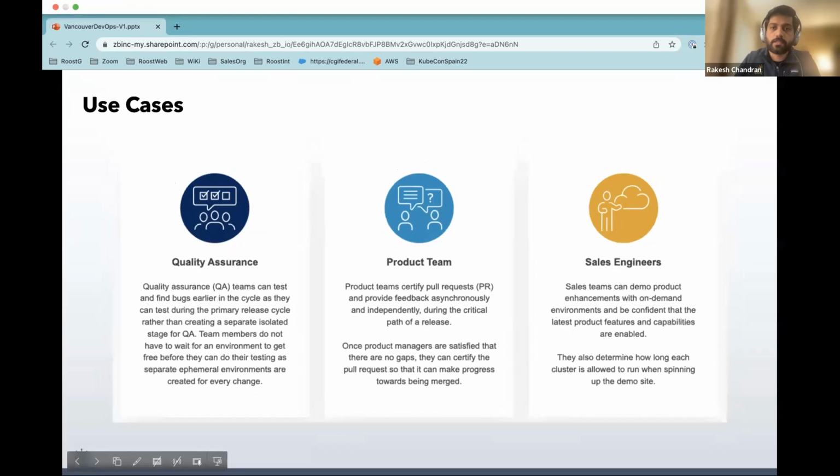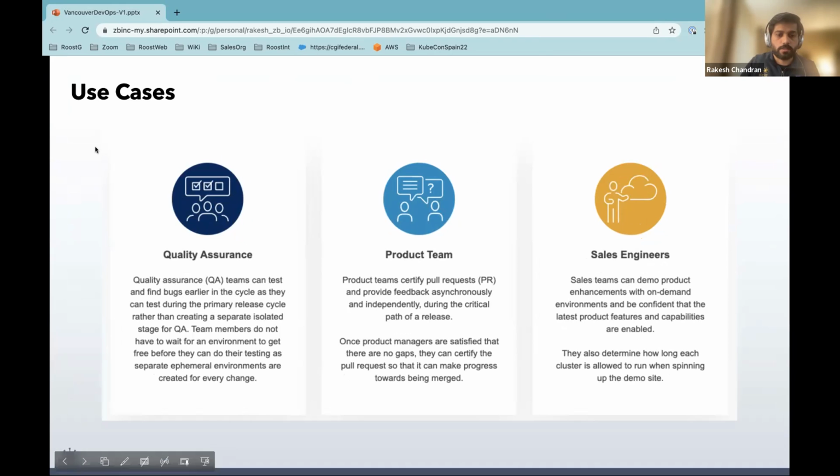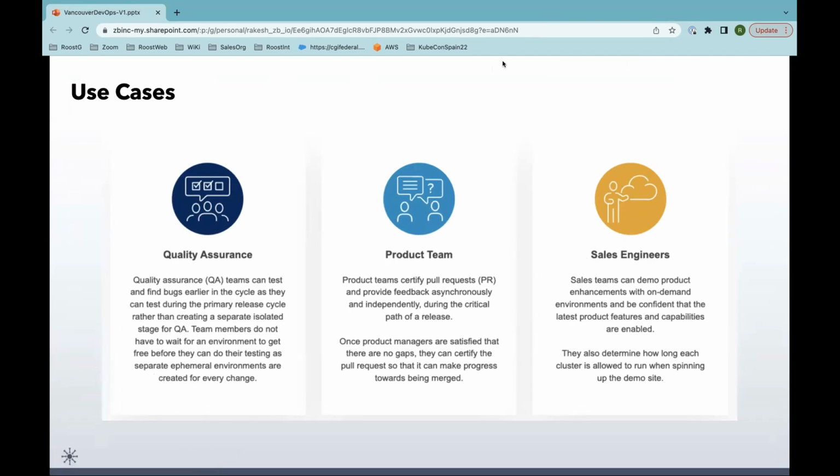Myself, Rakesh, I'm the solutions engineer at Roost.ai. I hope you can see my screen. I'm sharing one of these slides. Yeah, it looks good.